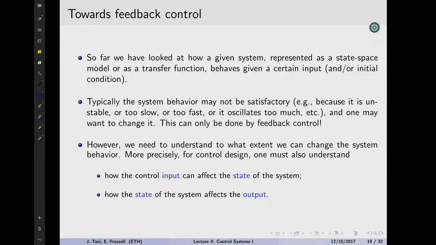Now, the question is, through control systems, we want to affect the dynamics of systems, right? Because we want to make them behave as we want them to behave, as opposed to how they would want to behave naturally. So the question is, how can we affect this dynamics? If you remember, a few classes ago, I said, okay, there's two ways of doing controls, right? That is two big structures.